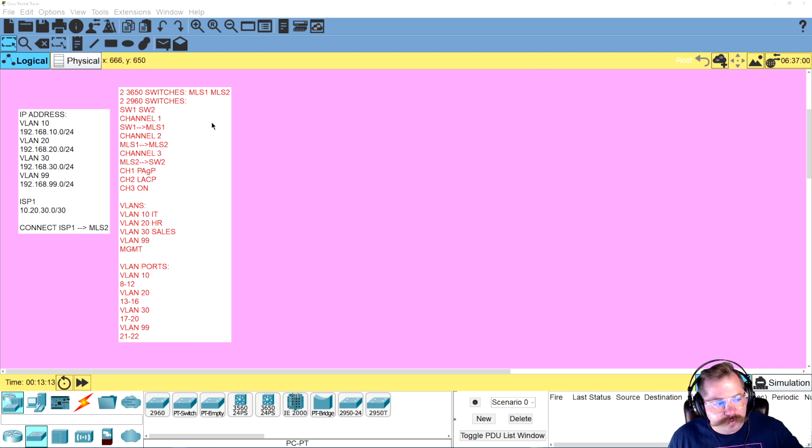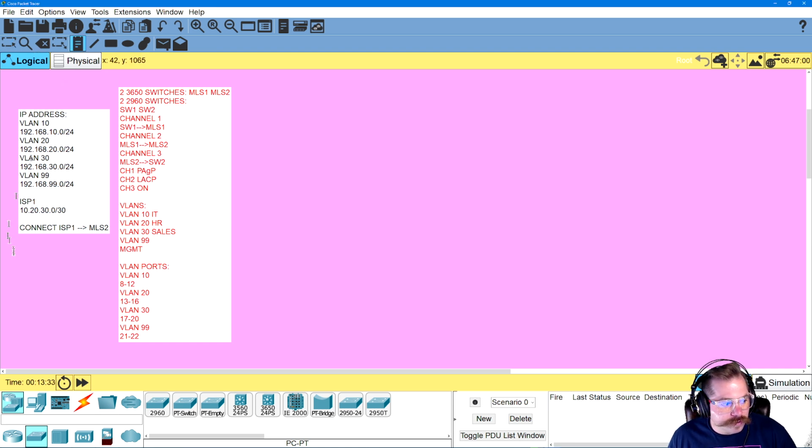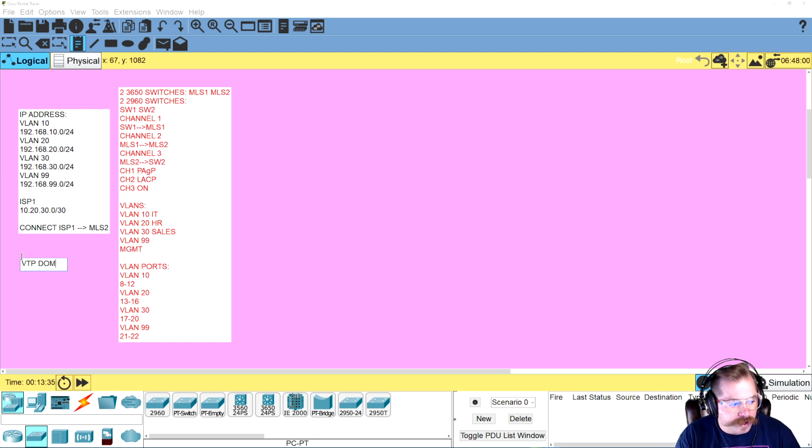So we're going to have MLS 1, MLS 2, switch 1, switch 2, and then 3 channels, PAgP, LACP, and on, and then we're going to have 4 VLANs. VLAN ports are right here, and then our IP addresses for the VLAN, and our ISP number right here, and then we're also going to do VTP domain cisco.com, VTP mode server on MLS 1 and MLS 2, VTP mode client on SW1 and SW2,